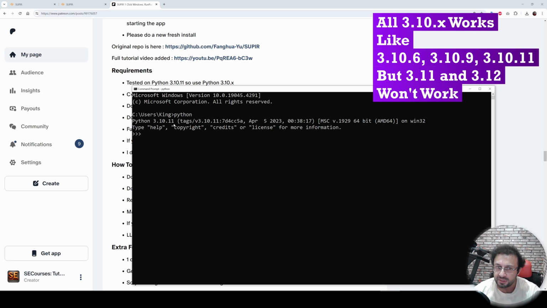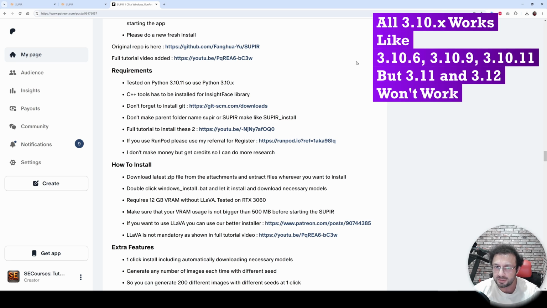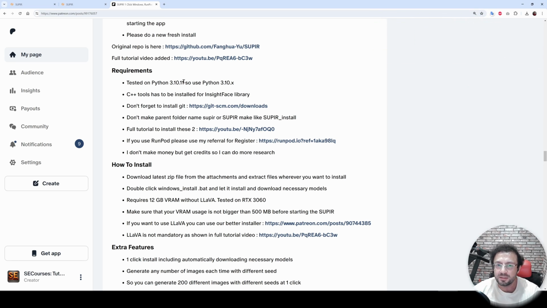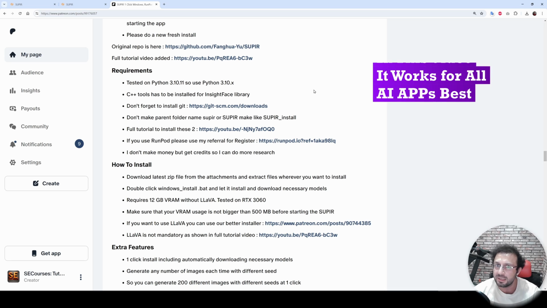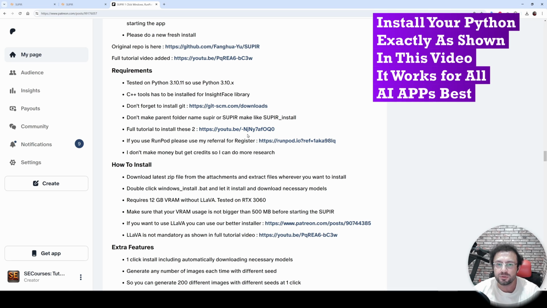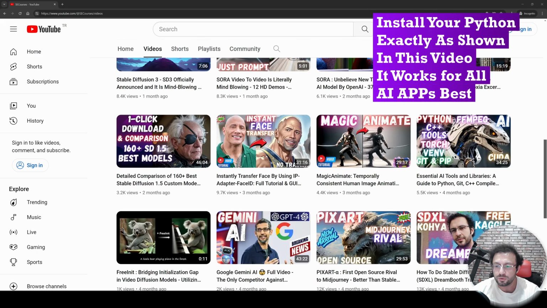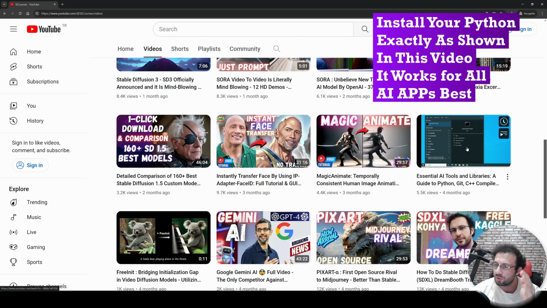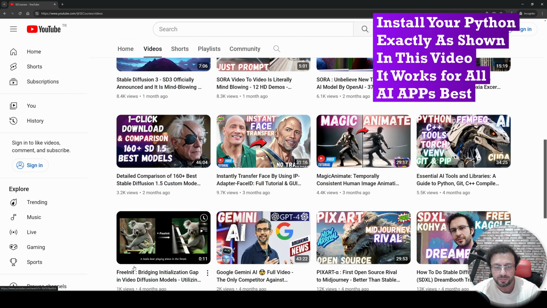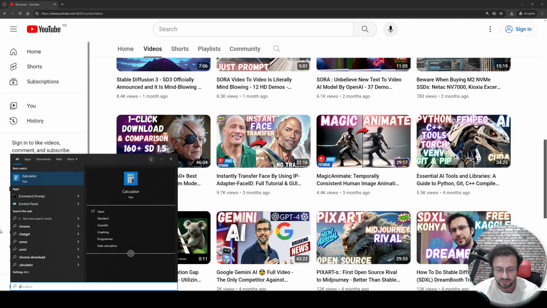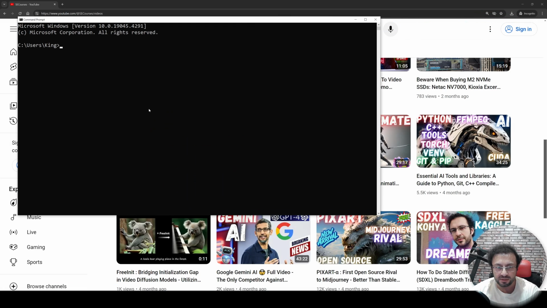However, if you install 3.11 or 3.12, it will not work. So you need to have the default Python set up as 3.10.11. I suggest 3.10.11, which works with other AI applications such as Automatic1111 WebUI, Kohya, OneTrainer, anything else. So if you don't know how to install this, there is a link here. And also on my channel, this video will show you everything that you need, how to install Python, Git and FFmpeg. Let's also verify our FFmpeg installation and Git installation.